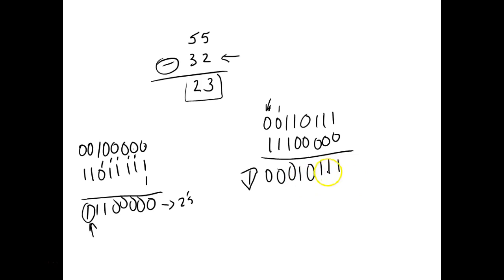So this is going to be 1, 2, 4, 8, 16 plus 7, which is what? 23. So this is the way the computer does math. It does it by something called 2's complement, which is pretty neat because it does subtraction by what? By addition. But notice what happens.